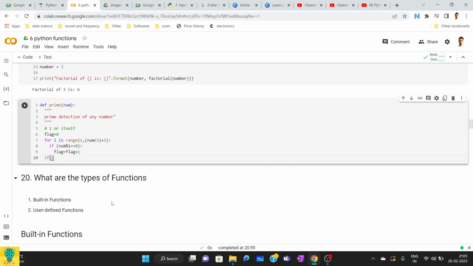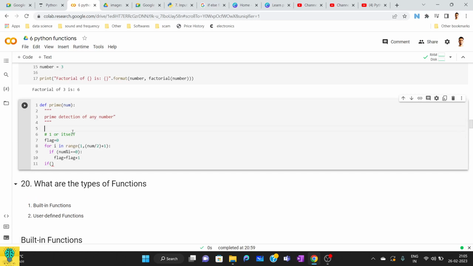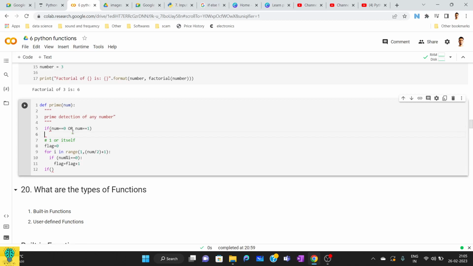And one more thing, if the number entered is 0 or the number is equal to 1, then we will say,